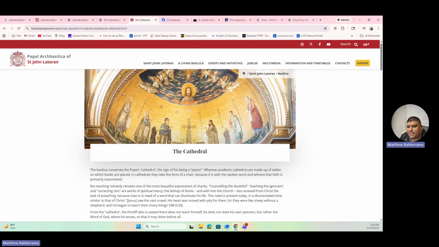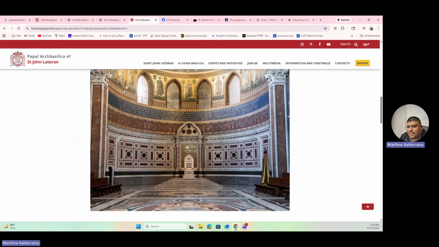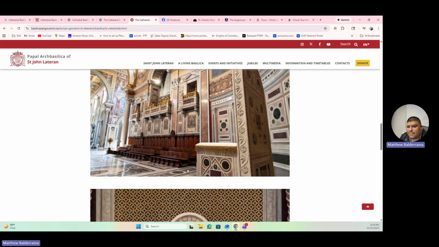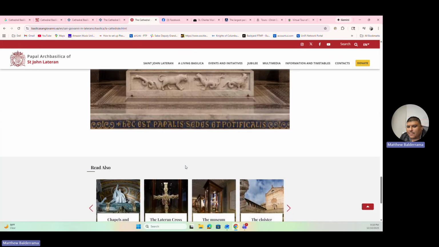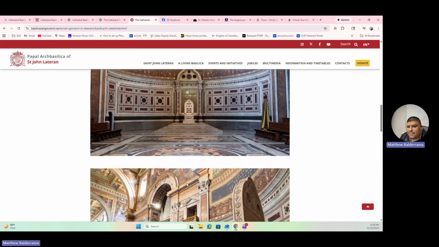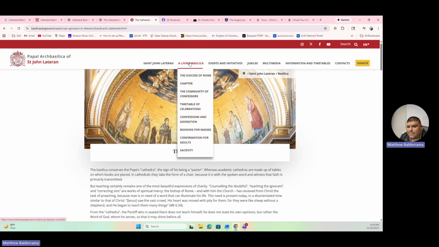I did pull another one. This is actually St. John's, but this is a European church. It's going to be a lot different. This is way before what we encounter today, Vatican II. So at that time, the priests are the ones who knew the word, so it's going to be different, where the chair is the symbol of where the word comes from. But this is St. John's. I believe it's in the Diocese of Rome.